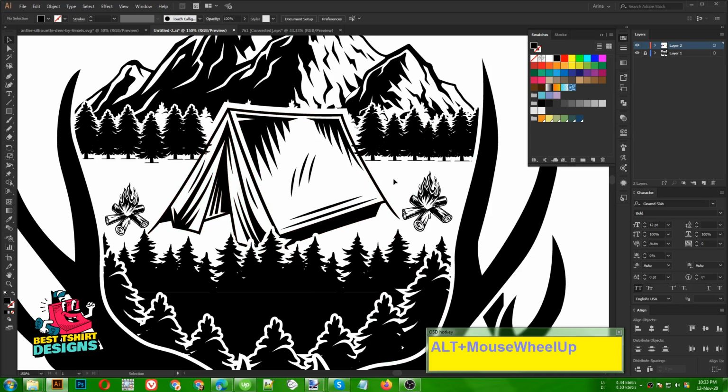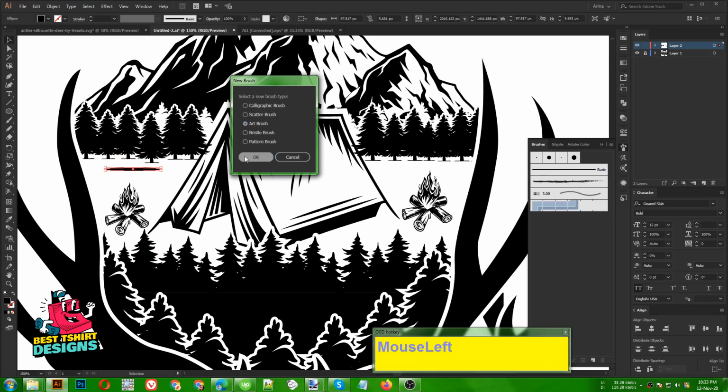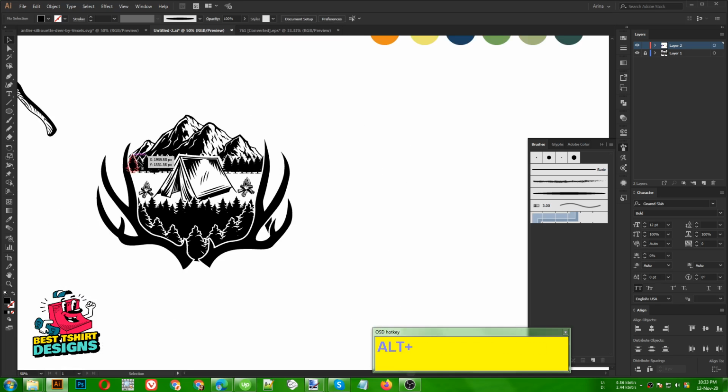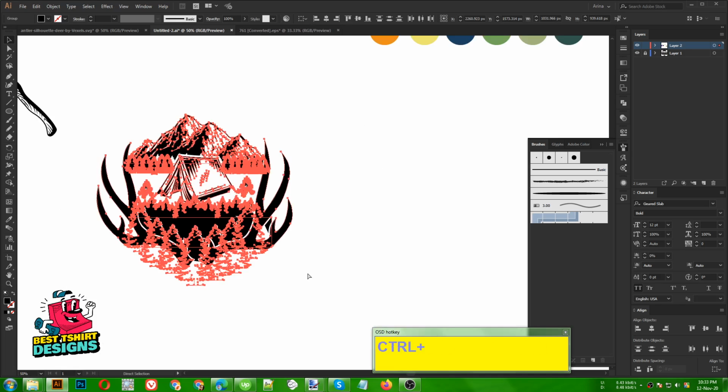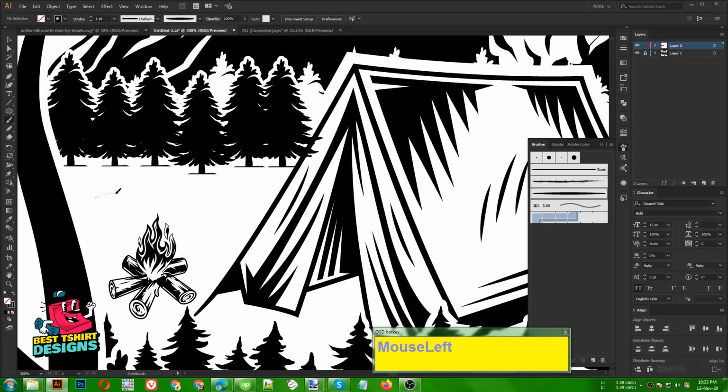Now for this area, this is not looking very realistic, so we can do that same process. Like if I take an ellipse like this, just like this in black fill, that is good. So let's take our brush tool, then if I go to custom brush, art brush, okay, I can use this as a brush preset. So let's do it like that. I'm going to make it a group. Everything here is now a group. Now I am pressing B for the brush tool. Now my fill is black, so I need to press Shift X to make it a stroke. So now I can simply draw some lines like this,